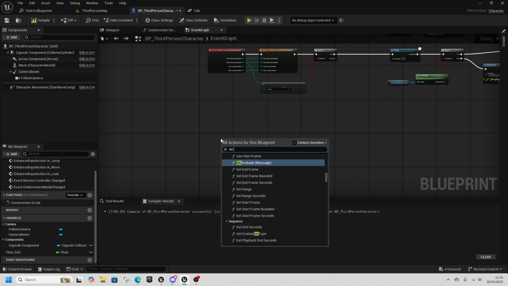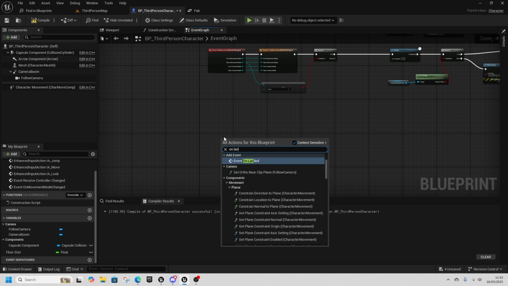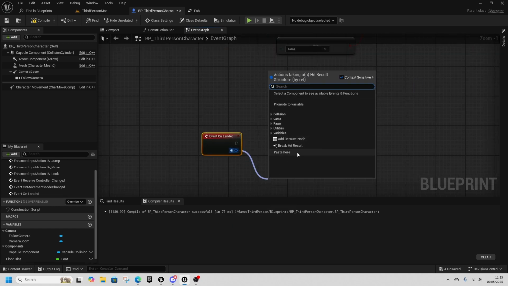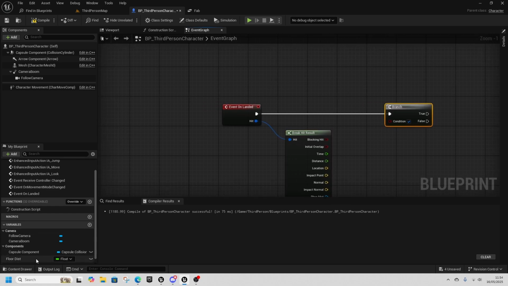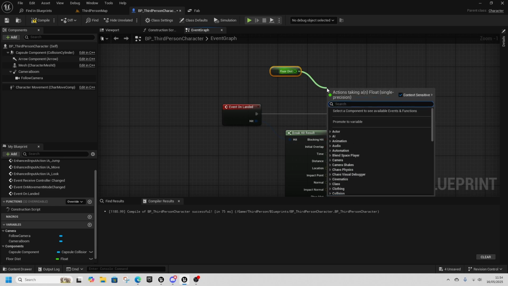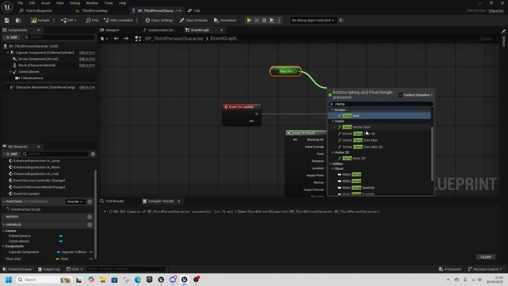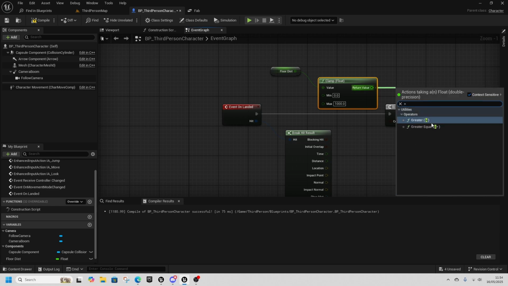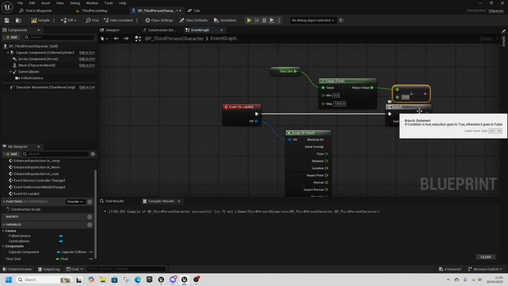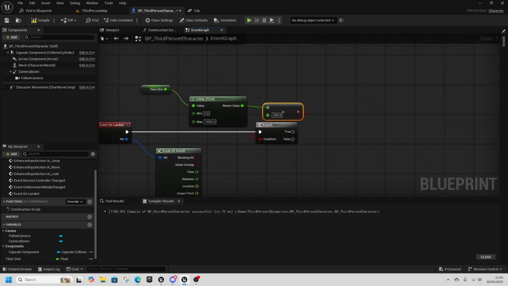I'm going to right click and get on landed. Then on landed, and from this hit result, we're going to break the hit result. And from the top pin, I'm going to get another branch. This floor distance here, we're going to clamp it so that it can't go more than 1000. And we're going to check if it's above 200, greater than 200. And if it is,